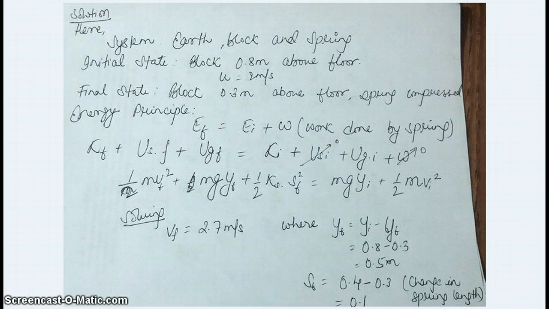Here the system is the earth plus block plus spring, and there's initial state, the block is 0.8 meter above the floor and the initial speed is 2 meter per second. Final state is block is 0.3 meter above the floor and spring is compressed. So according to energy principle, energy final is equal to energy initial plus work done. Since we are calculating the work done by the spring and initially there is no load on the spring,